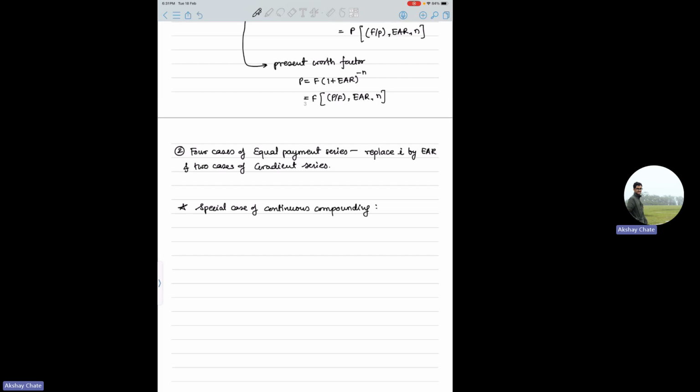Okay, so here basically your EAR, we are using infinity as a subscript, is nothing but e^(nr) minus 1. N is the number of years, R is the interest rate compounded with a certain frequency. Based on that you get EAR infinity, and then you have to put that in the formula, but then your formulas will change, right? Because for example, in the derivation, let's take